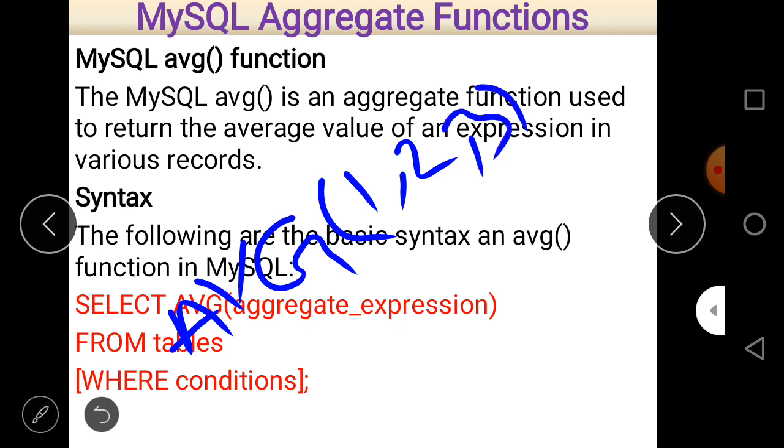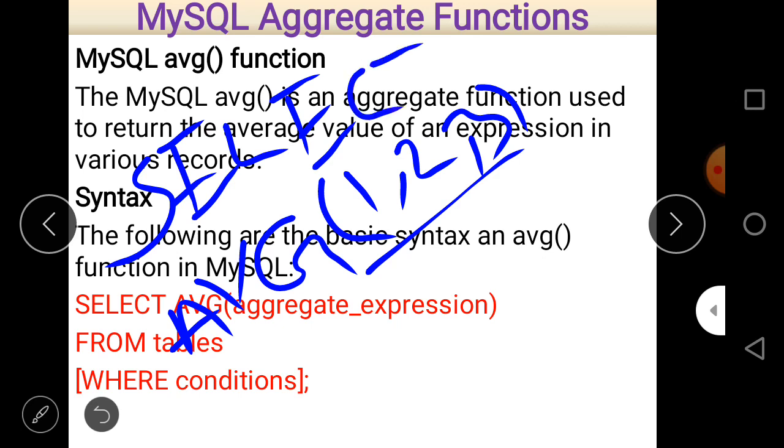Now here is again a question: 1, 2, 3 belong to which table? If we want to do just a simple calculation using the average function, is it possible? The answer is yes, this is possible. And we always know that we use a select statement with the average function. So just write select, then AVG 1, 2, 3, and what is the name of the table?